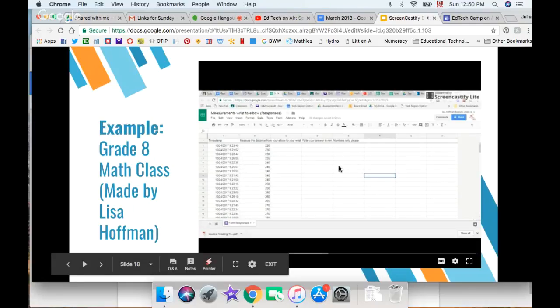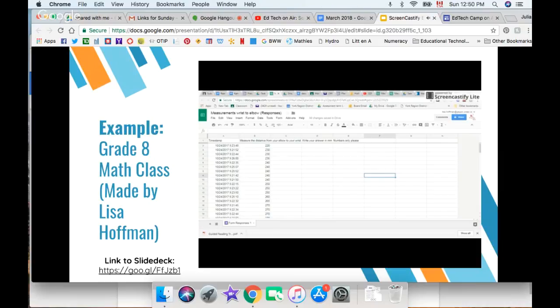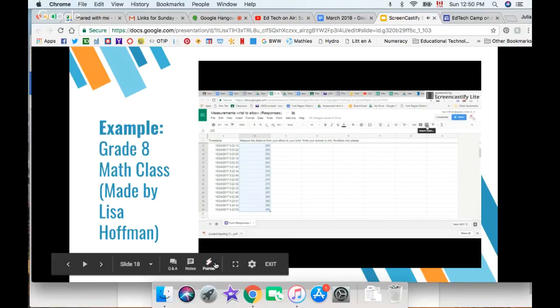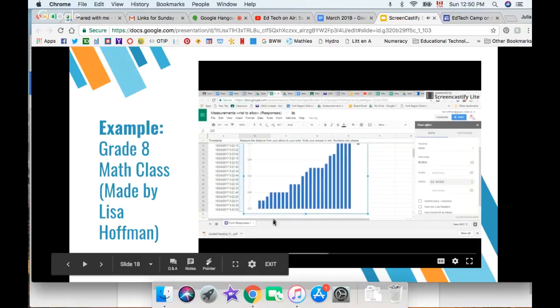This is the list of measurements that we did in class, measuring from your elbow to your wrist, and we are going to make a histogram. And to make a histogram from this information, we are going to highlight our list of data. We're going to come over here to Insert Chart. And